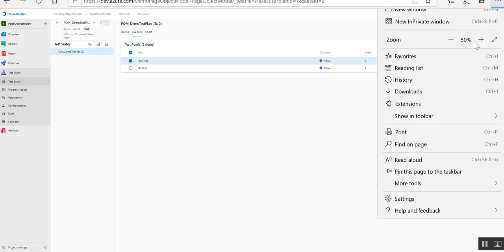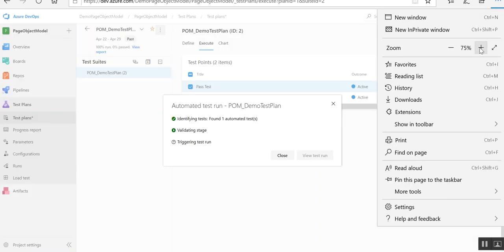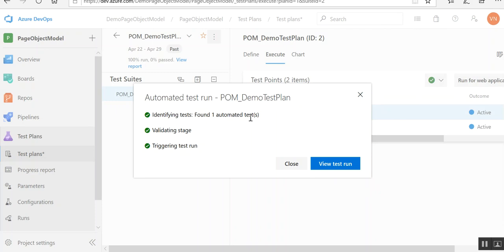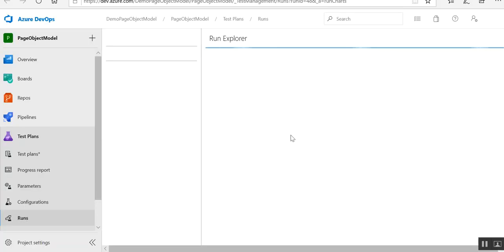So what will happen is if I click on run, it will start executing. Yeah, you can see it found one automated test. This will only happen if you have correctly mapped it, or else you will not get this option. Just 1 second. Okay, now it has found one automated test, and then view test run. It will take me to the release and pipeline page.